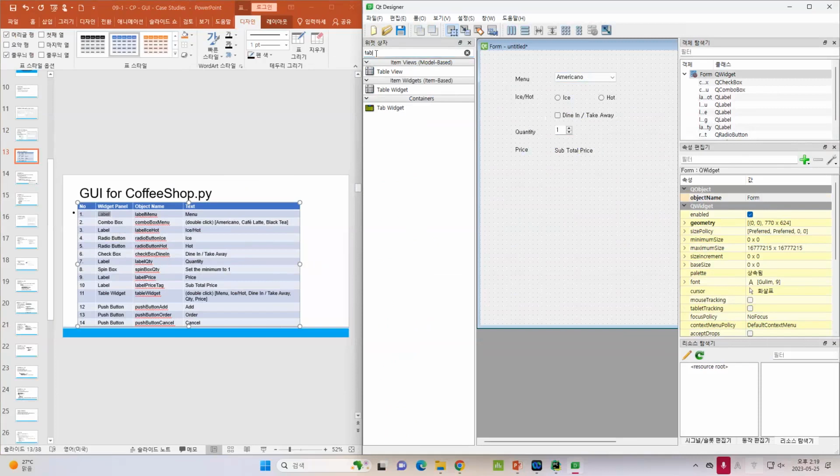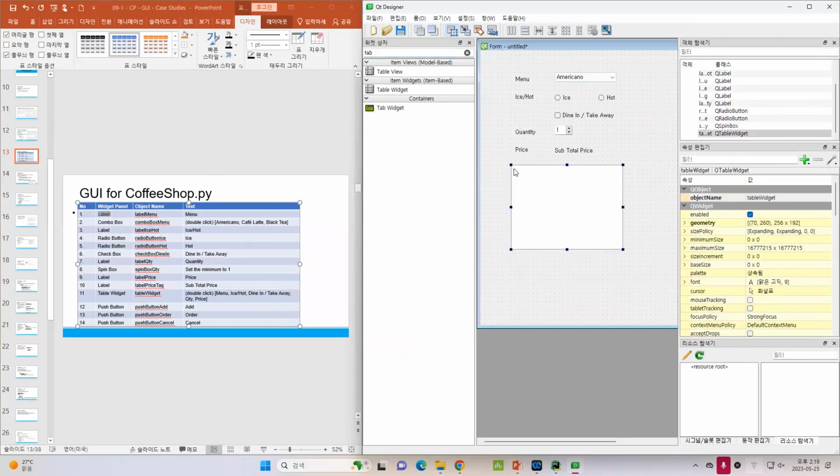When you search table, you will see table view and table widget. If you use the table view, you need to design the table manually. It is a little bit complicated. So I'm going to use the table widget. I will choose this one and put it here. So in this table widget,